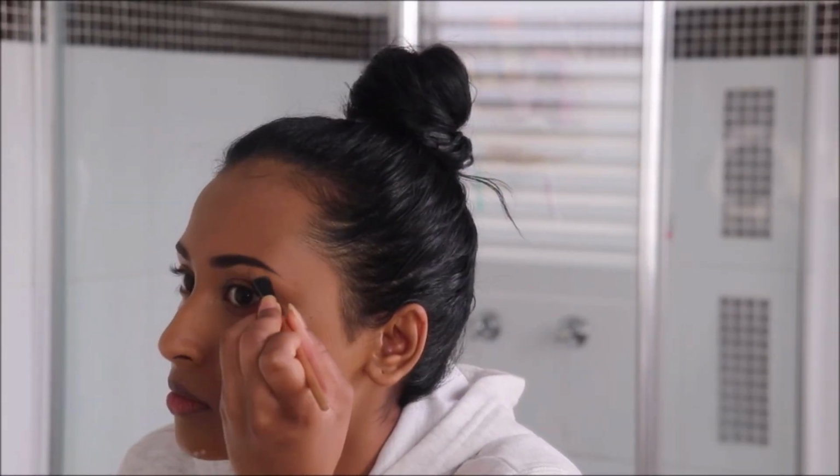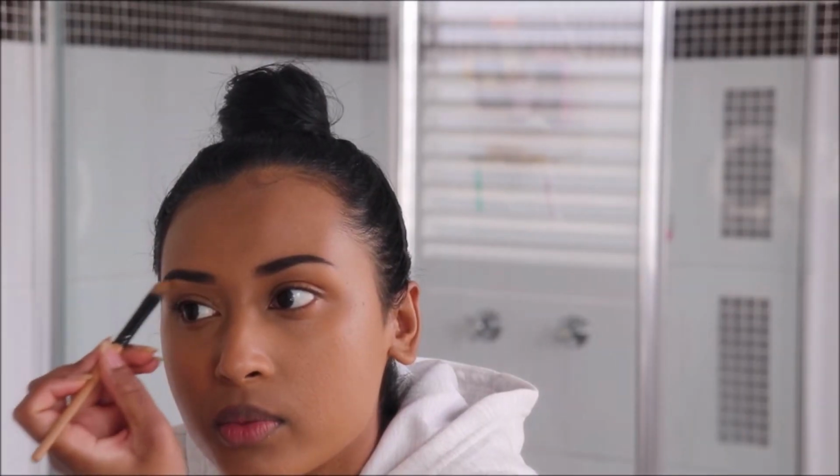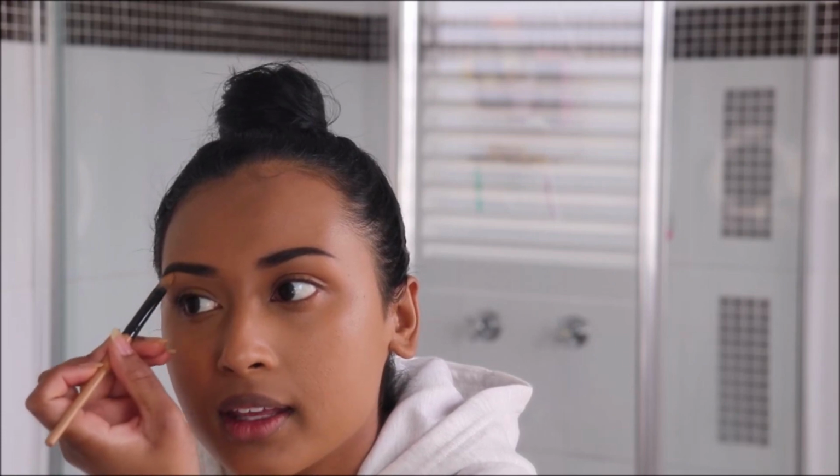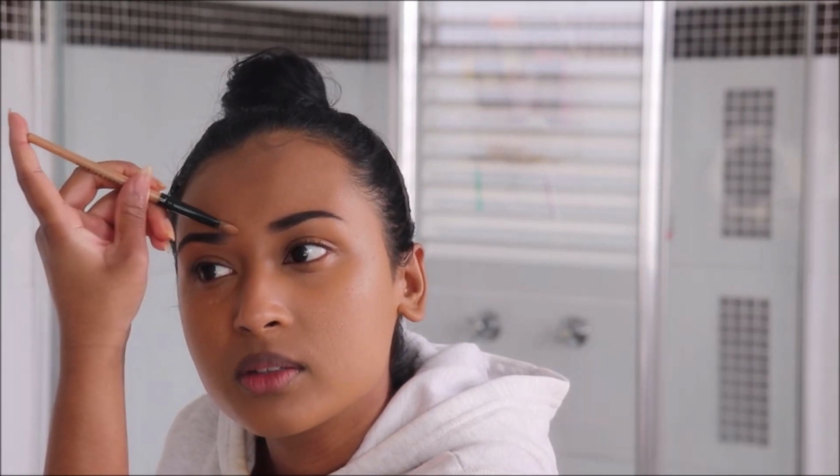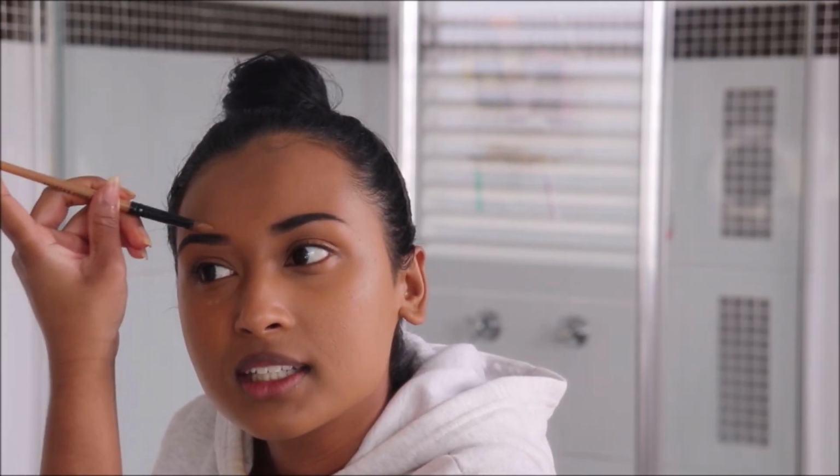Alright, so now that I've heavily and messily filled in my brows, I'm going to go in with some foundation on a brush like this, and I'm just going to be cleaning up my eyebrows just to make them a little bit more sharp and neat. So I'm just carving the bottom of the brow and then making sure that the arch is as clean as possible. Then I'm going on top and making the top of the brow as sharp as possible as well, but also making sure that there's no excess product